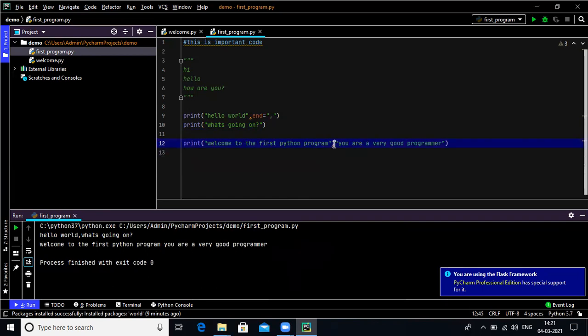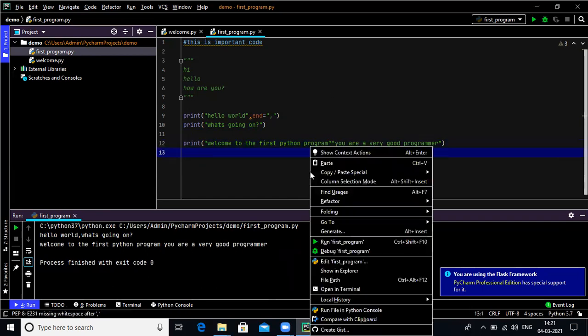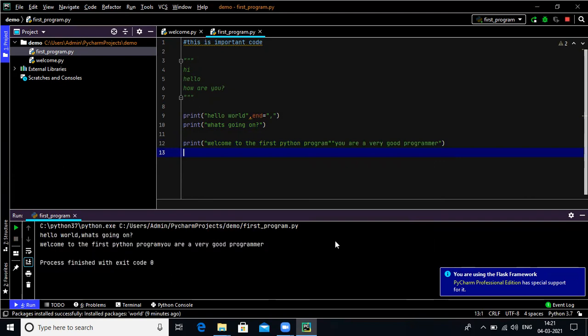If I don't want a comma here, then see what happens. There is no space in between. This means if you want a space in between the two statements, then give a comma, right?